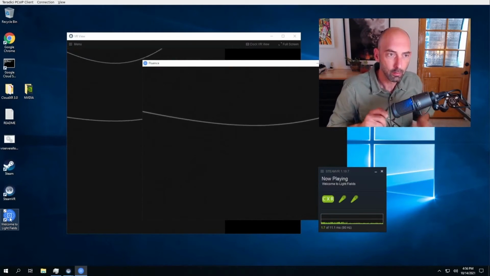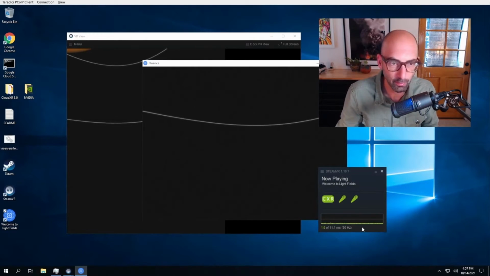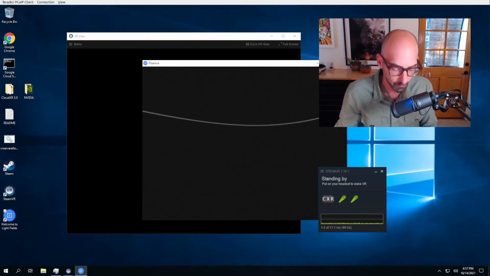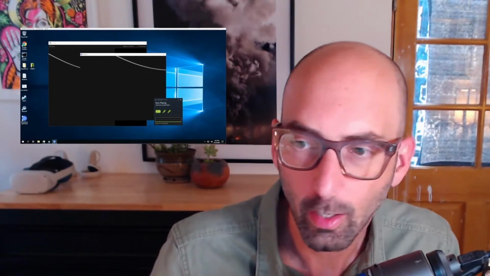We're also seeing some of the statistics coming up here. It's 11 milliseconds, but this is the Steam VR metric of 11 milliseconds. I'm not sure if that's the latency to the headset or not, but there are all sorts of interesting metrics that we can gauge and look at. So, all right, this is one example of running a VR workload in its entirety from start to finish,